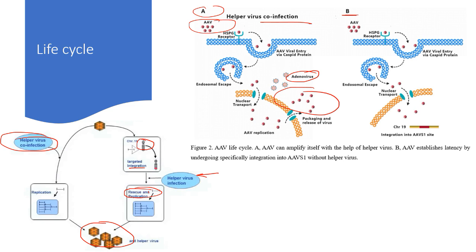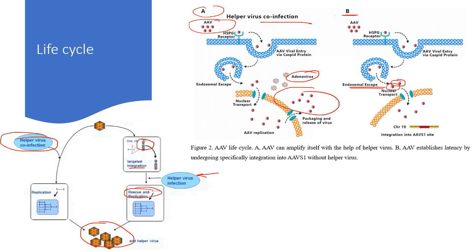But normally, if there is no co-infection, then this adeno-associated virus will not come out as a viral particle by degrading the host cell. In this case, after the endosomal escape, it moves inside the nucleus, and it is very, very small. You can see that the complete viral particle can go inside the nucleus through the nuclear pore complex, because the nuclear pore complexes have a larger diameter than this adeno-associated virus. This virus is very, very small.